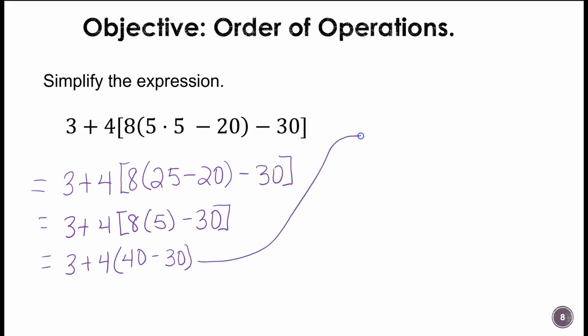Now I'm going to just go on up here. So I have 3 plus 4 times 40 minus 30, which is 10. And so it's 3 plus 40 because I'm going to multiply. Well, I'm not doing too good with the plus sign. And we get 43. Now you should always practice going through all these steps on your own to make sure